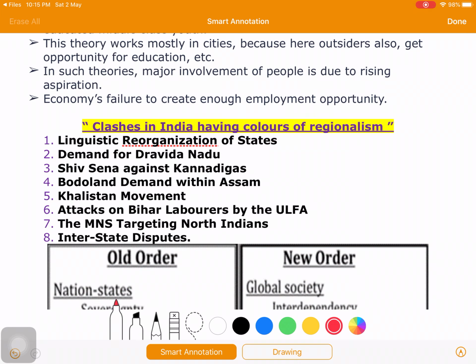And see, the second one, demand for Dravida Nadu. So, going back to the journey of regionalism in India, it is well noticeable that it emerged in the Dravidian movement. The Dravidian movement originally started in the year 1925 as a part of our Indian national movement in the Tamil Nadu region. This movement is also called the self-respect movement. Initially focused on empowering the Dalits, non-Brahmins and poor people, but later it stood against the imposition of Hindi as the sole official language on non-Hindi speaking areas.